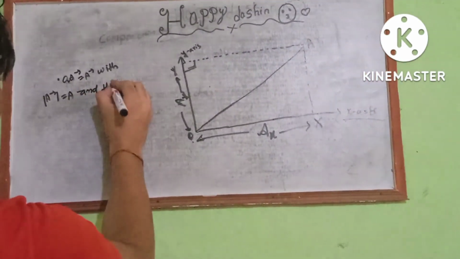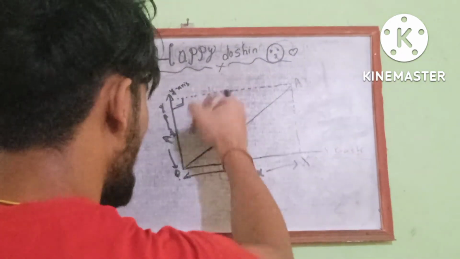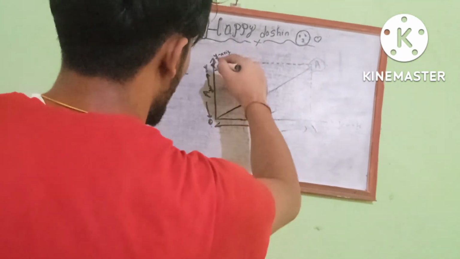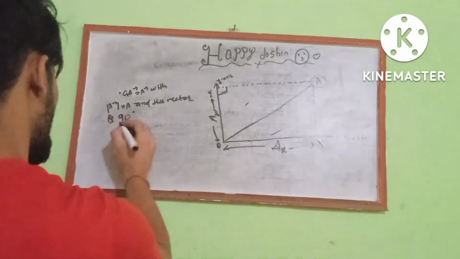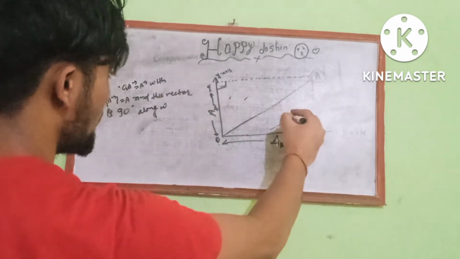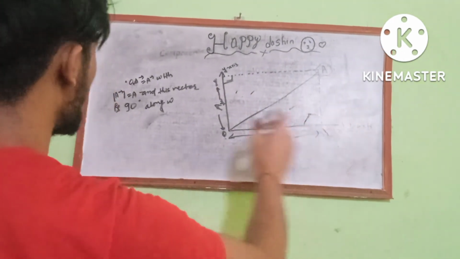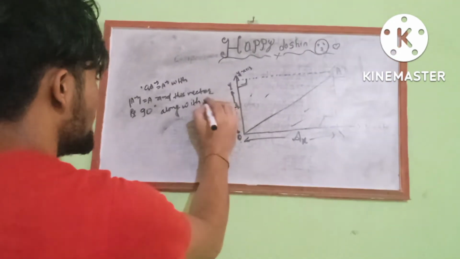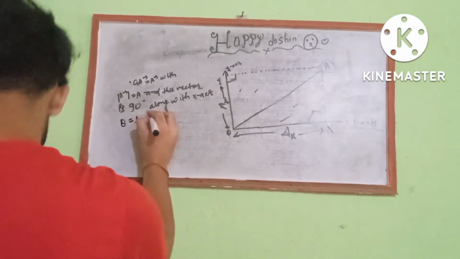And this vector is making 90 degrees. Why? Both are right angles. There also a vector consists, so it must be 90 degrees. The vector A modulus is equal to A, and it is 90 degrees along the x-axis and along the y-axis, because it is also a right angle triangle. To prove it we can take both axes, but I preferably choose the x-axis. So theta is equal to tan inverse